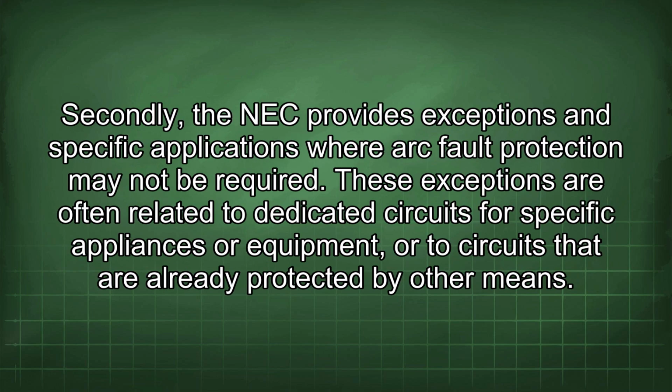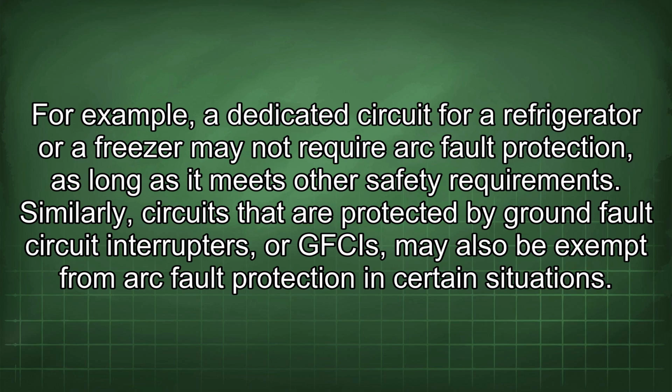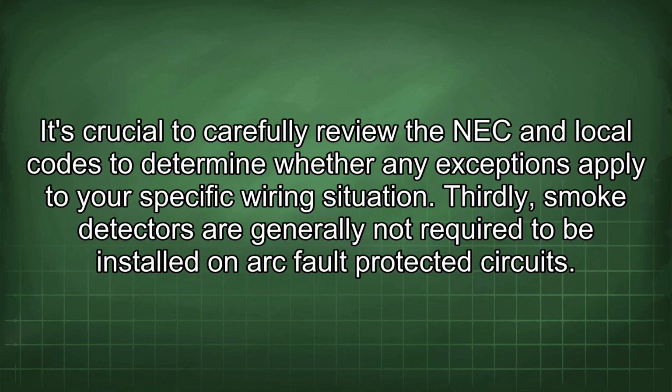Secondly, the NEC provides exceptions and specific applications where arc fault protection may not be required. These exceptions are often related to dedicated circuits for specific appliances or equipment, or to circuits that are already protected by other means. For example, a dedicated circuit for a refrigerator or a freezer may not require arc fault protection as long as it meets other safety requirements. Similarly, circuits that are protected by ground fault circuit interrupters, or GFCIs, may also be exempt from arc fault protection in certain situations. It's crucial to carefully review the NEC and local codes to determine whether any exceptions apply to